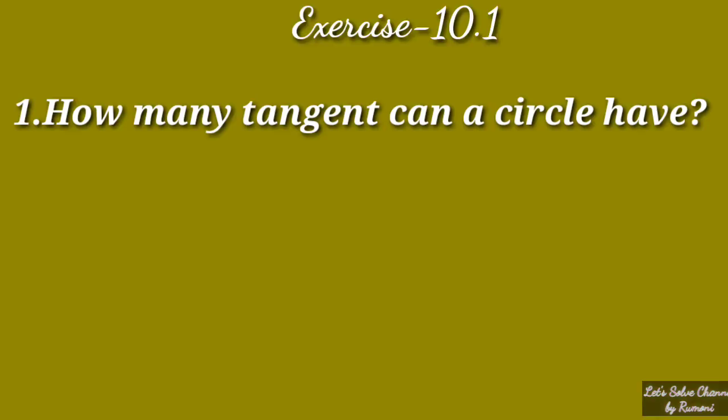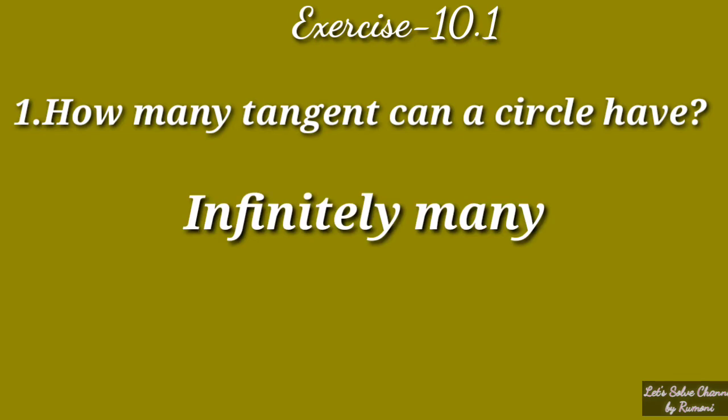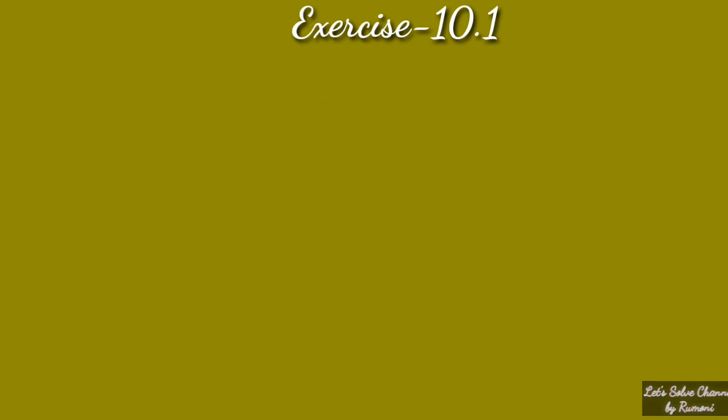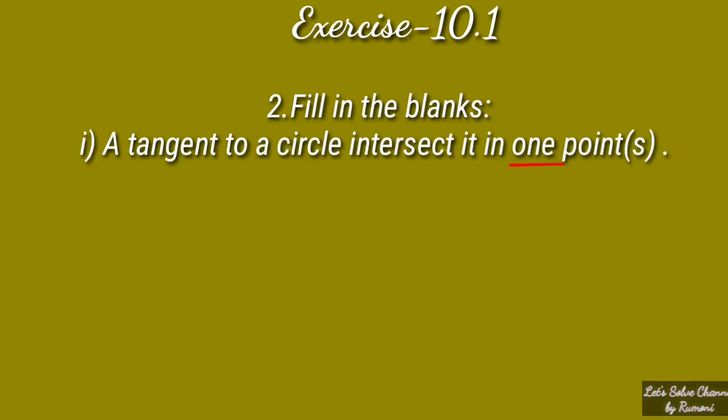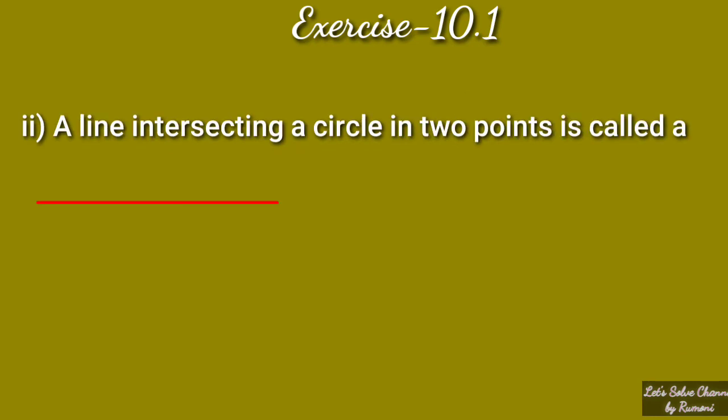So now let us do exercise 10.1 question number 1. How many tangents can a circle have? Obviously it is infinitely many. Fill in the blanks. Number 1. A tangent to a circle intersects it in 1 point. Number 2. A line intersecting a circle in 2 points is called a...